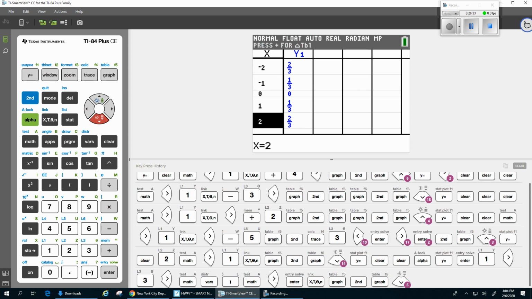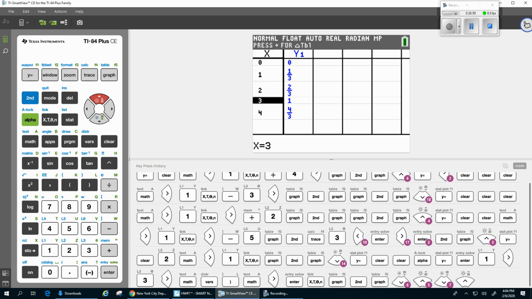And then I'm going to look for points that are whole numbers. So, for example, -1 1/3 is not a whole number or an integer, so I'm going to skip that one. But I'm going to pay close attention to -3, 1